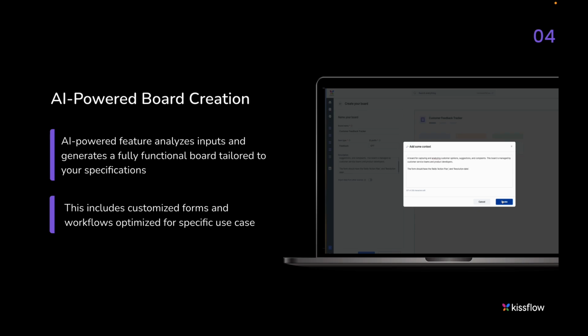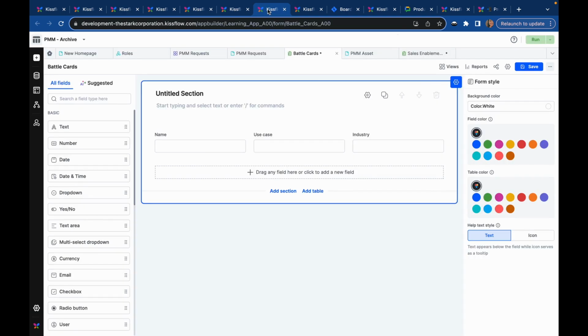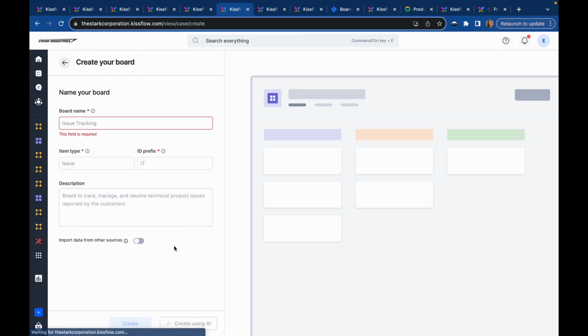So I want to show how quick it is. If you really want to time it, you can, because that's how quick it is. I'm going to show you how to do it. What I've done is I've clicked on creating a new board, and this is the screen that will get displayed. So I'm just going to give a board name as